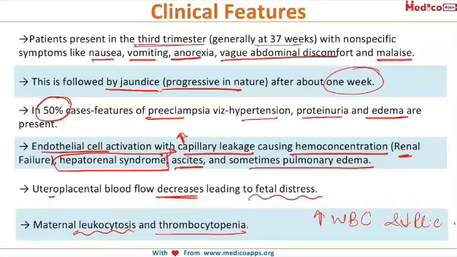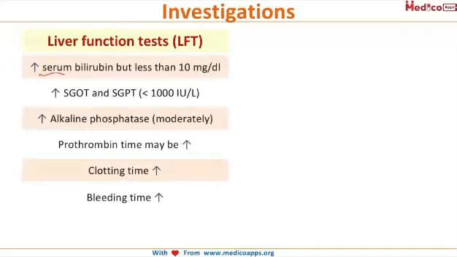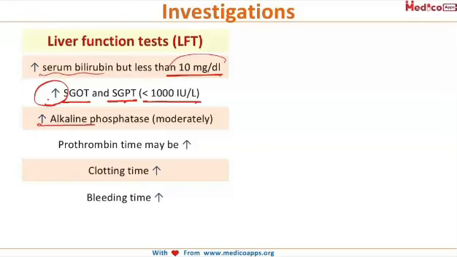Now, coming to the lab findings that we see in case of acute fatty liver, LFT shows increase in serum bilirubin, but usually it is less than 10 mg per dl. In cholestasis, we told that the levels rarely exceed 4 to 5 mg per dl. In acute fatty liver, the levels rarely exceed 10 mg per dl. The liver enzymes SGOT and SGPT are also raised, but usually remain below 1000 international unit per liter. Level of alkaline phosphatase is moderately increased, and